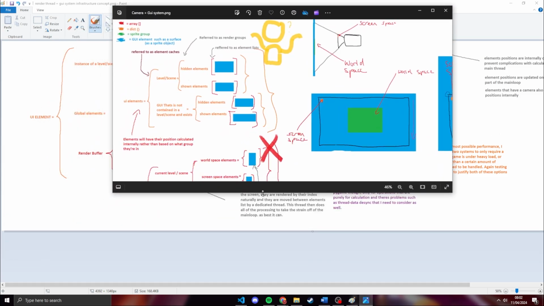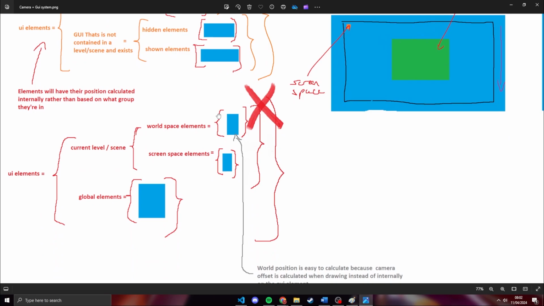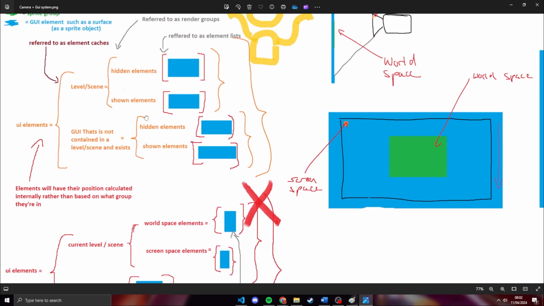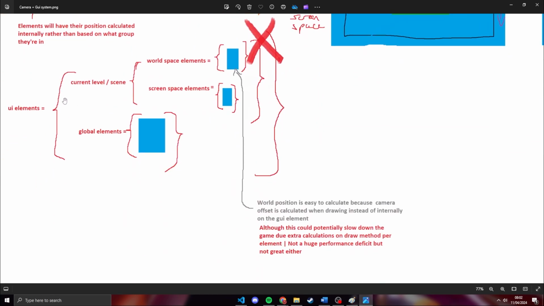The last working option that I had was this one down here, where there's UI elements, which is an array, according to this color key here, which is an array, and there is current scene slash level elements, and then world space, screen space elements inside of that, and this changes depending on the current level slash scene. So when you load a new scene, this buffer is changed to the one contained within the scene, or I'll say this list, and then there's another list inside of these lists,